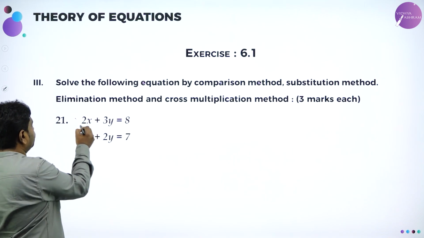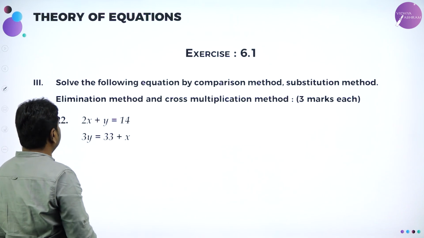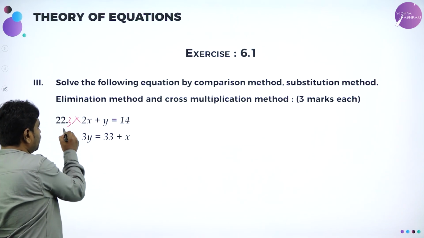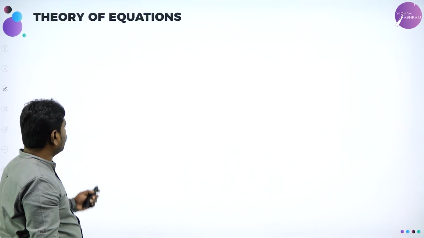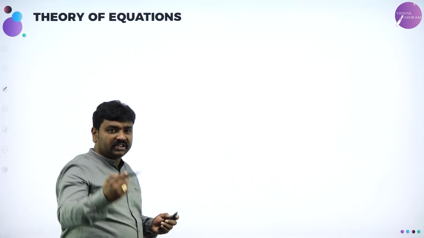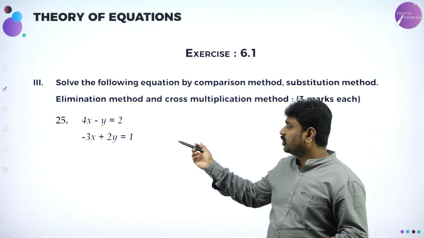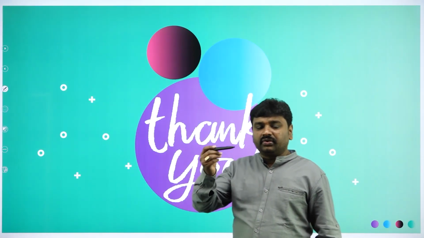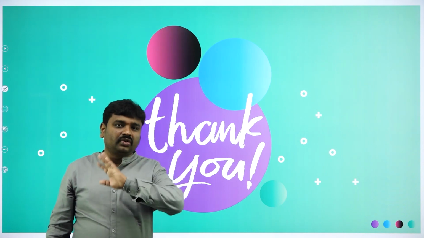So I hope you can do the problem. Multiply this with 3 and multiply this with 2 and try on your own. Problem 21. Same technique, multiply this with 3, multiply this with 2, and go ahead. And I expect you people to solve all the problems of the exercise. I have given all the types of problems that I have prepared. So now from 21 till 25, 5 problems are left out. Please sit and solve them and verify your answers.